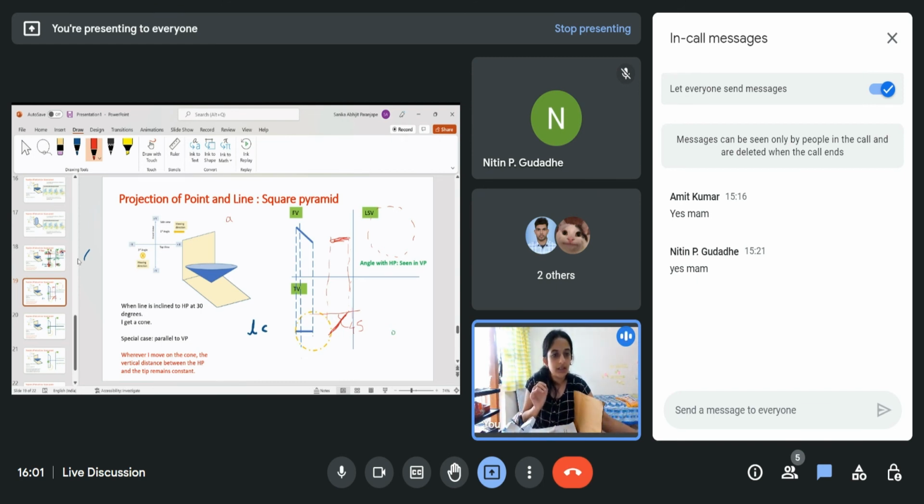So now I am saying that I have rotated this by 60 degrees here, and so this is my projected length in the vertical plane. But since it is also tilted, I'm sorry, this is my projected length in the horizontal plane, because initially when it was like this, I was able to see the true length of the line here. But once I started rotating it here, I was able to see the apparent length. So the apparent length in the horizontal plane is,